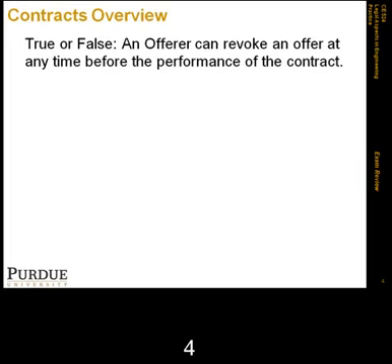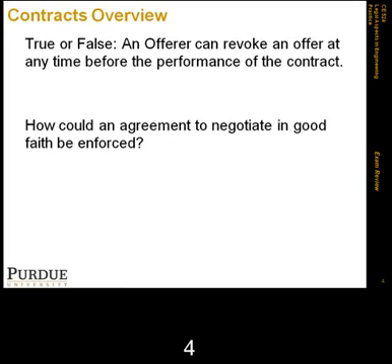A second question, in part two. This is a sample of what you could see in part two as a question. How could an agreement to negotiate in good faith be enforced? The answer is that an agreement to negotiate in good faith could be enforced by a court by requiring the parties to negotiate in good faith, or, if some performance has been done, it can award the party that made the performance the cost of their performance,